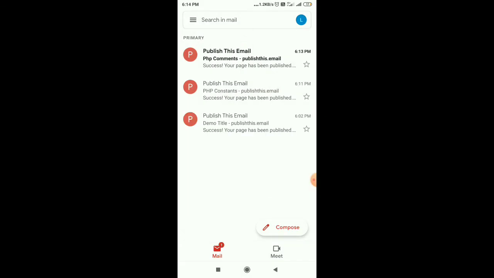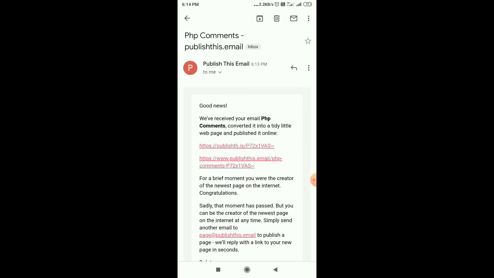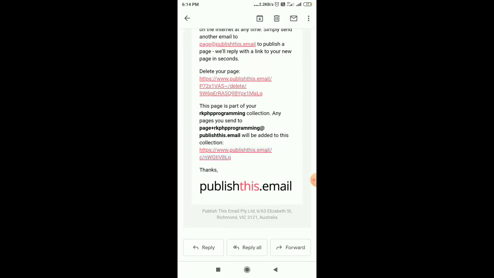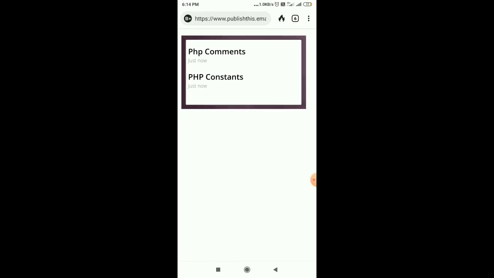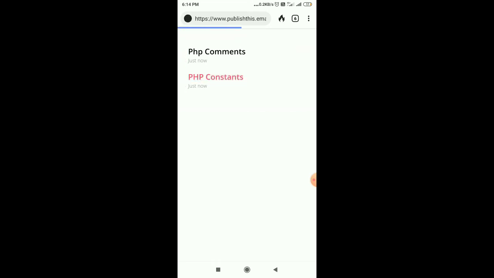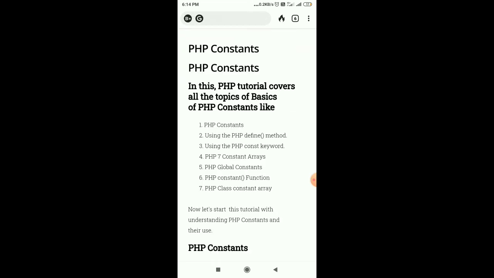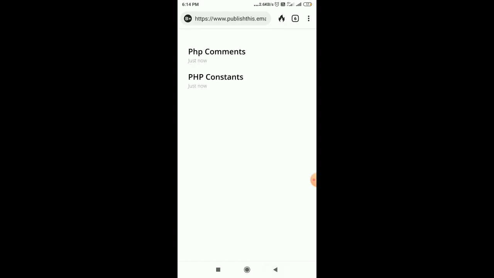So here you can see we have received a reply. So if I click on collection now, friends, you can see here we have two web pages now within the RK PHP programming collection. If you click on a particular web page, it will open that web page immediately like this.